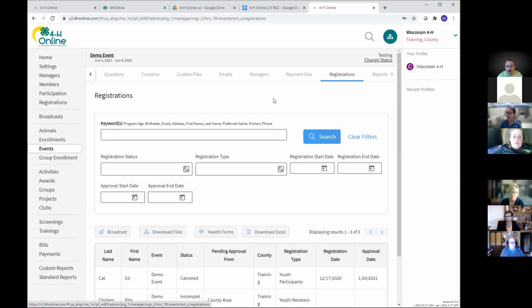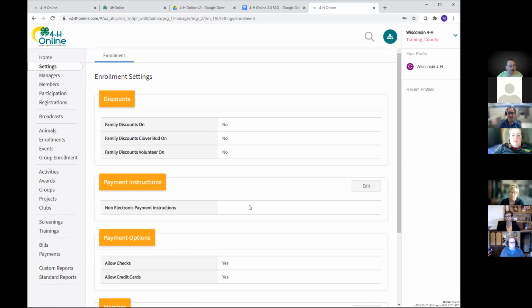Thank you. I've been playing with an event right now, actually, and in the settings, the non-electronic payment instructions is a good place to put instructions as well. It just sent a confirmation email, and what I have written in there actually went to my email as well. So I think that's a good place to maybe double up what you do want your payment instructions to be. Was that in your settings? Yes, over here in settings. That becomes the instructions for everything, including enrollment.